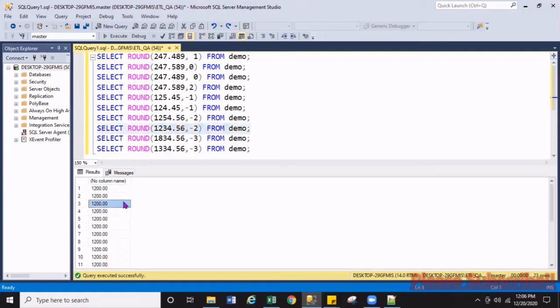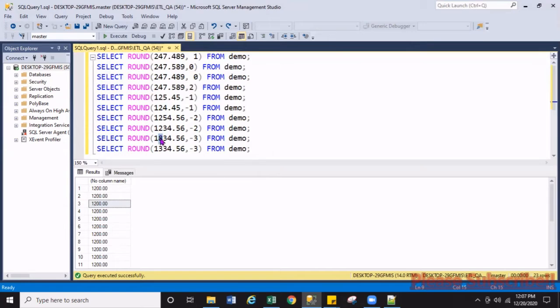See here, 1200. Let's discuss two more examples with three digits of the negative points. So I put the third position. In this number, the third position is 8. Do you know whether the 8 is leading to 10 or leading to 0? As you know, 8 is leading to 10.